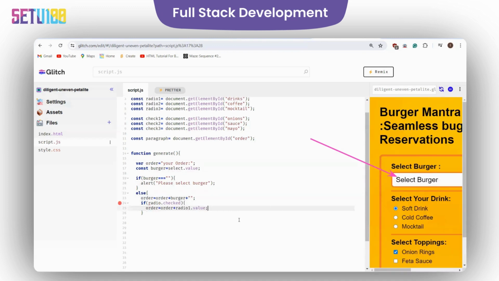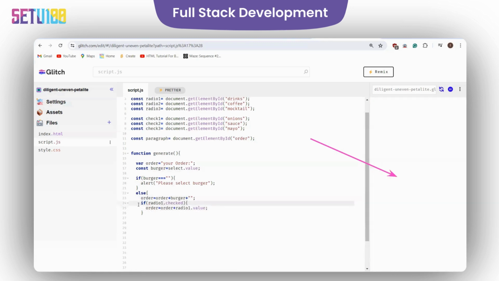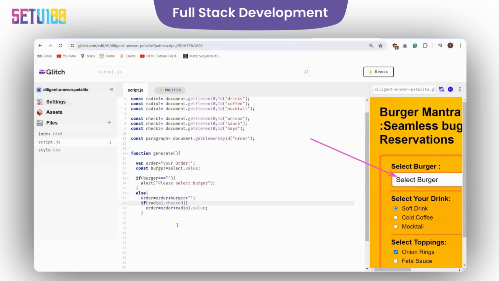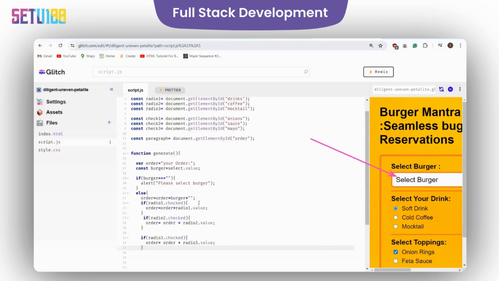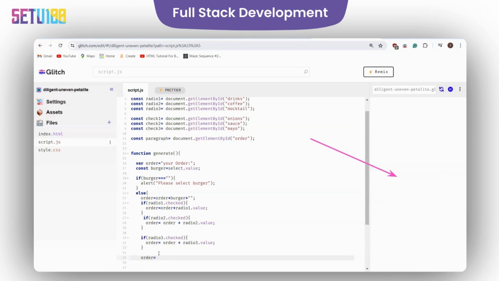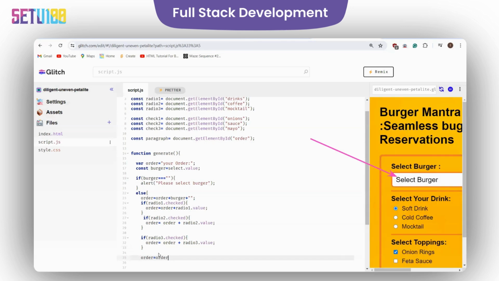Same if condition, this is the radio 1. Same if condition we need to put for the rest of the 2 radio buttons. So let me add it. Now I'm going to put the condition to check all the radio 1, radio 2 and radio 3. Now I'm going to just add all the details in the order plus